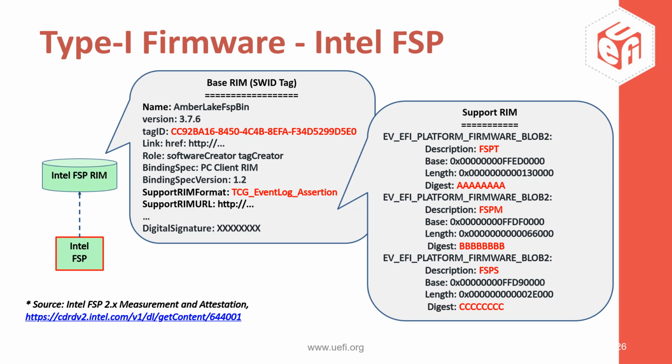The RIM would then describe the identity and most importantly the expected hashes or digests of those components. So again, the workflow here is a production and a consumption of this type of information, and this is the production. So the manufacturer, the producer of the FSP, creates this document saying this is the expected measurement information you should